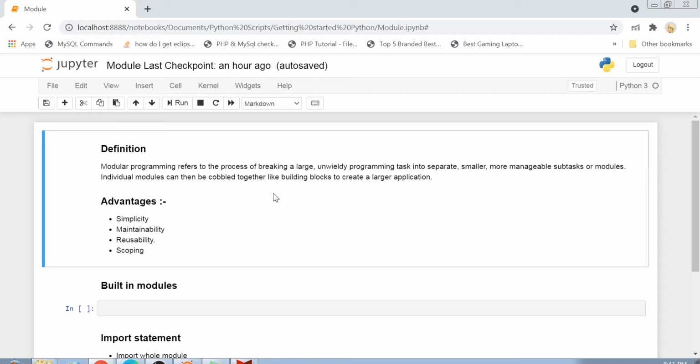Now, I think the advantages are pretty clear from this example, but I will still list out some of the advantages which are written here. The first advantage is simplicity. Definitely, if you are creating a very large application with a whole lot of features in it, it is very difficult and complex.